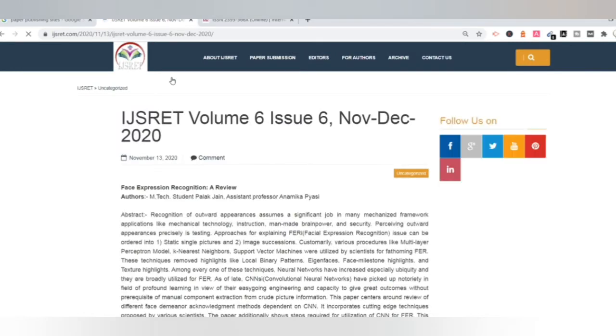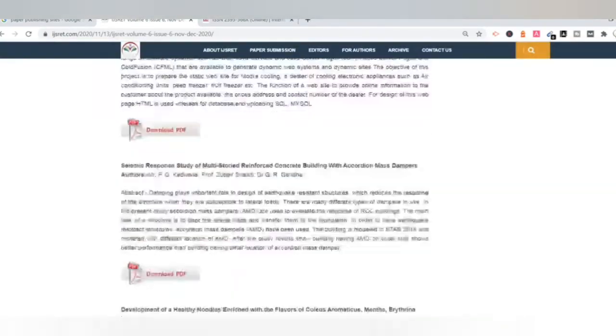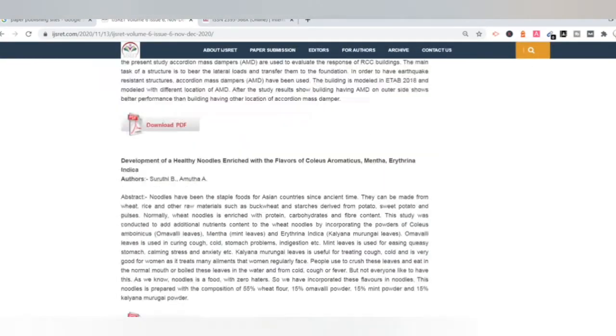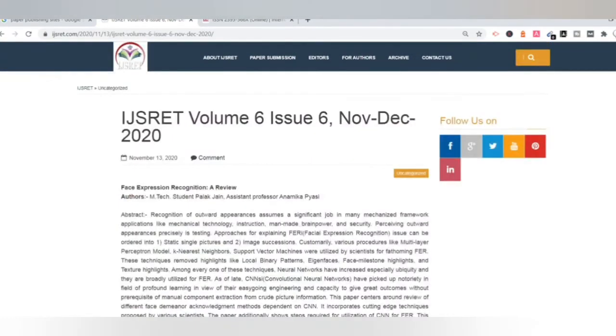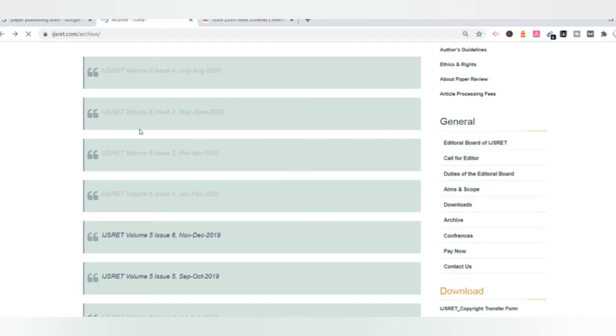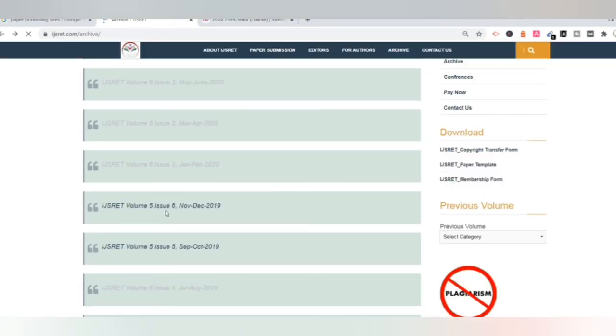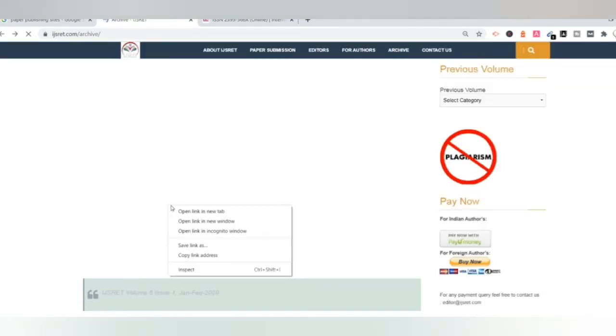So let's visit the other point which one has to check, that a volume and issue should have a good number of papers. Yes, it has a good number of papers. If we check some other volume, let's check volume 5 issue 6.